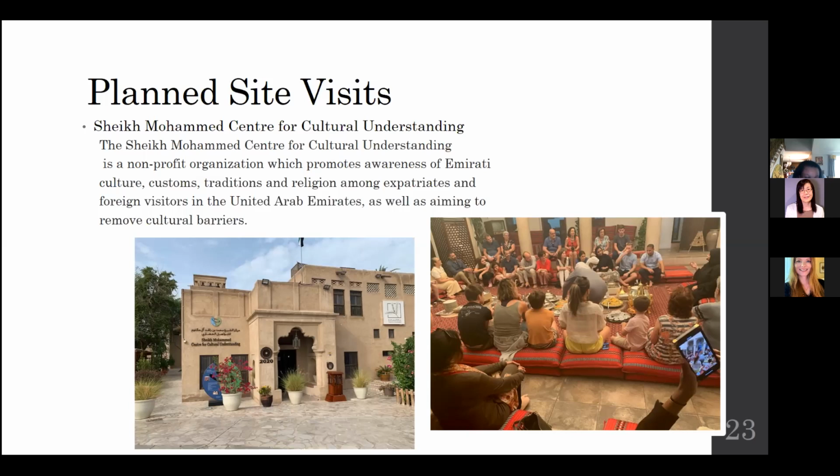We took a really interesting tour of the inside of that building, and we actually got to go into a mosque adjacent to it, right behind it, and learned about the services there in Islam. It's really interesting. And then it ended with us having dinner. You see the picture on the right, that's a traditional Emirati style dinner. Tons of great food, and just really an interesting experience. One of my favorite things about the whole trip.